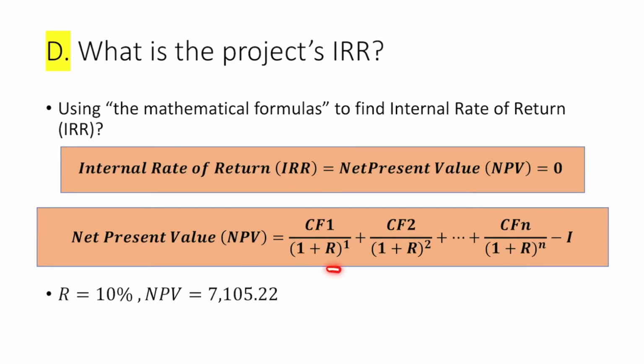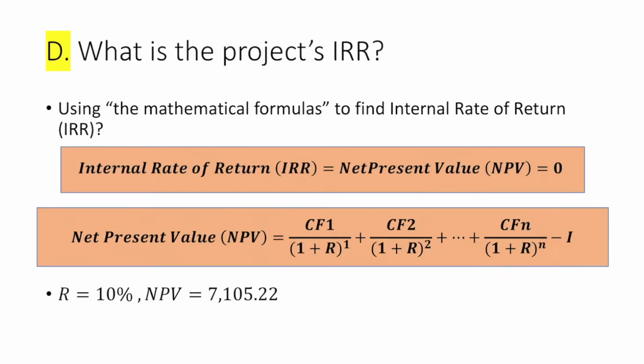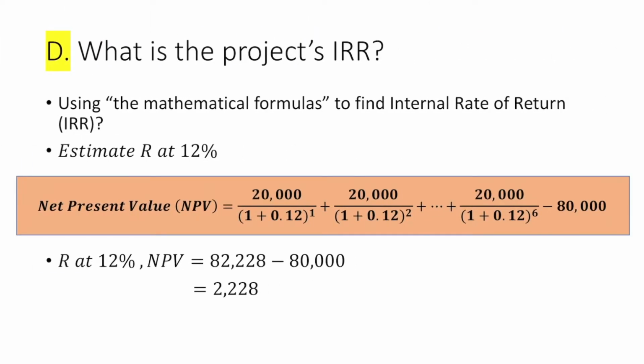Cash flow in the first year divided by 1 plus R to the power of time, that is 1. And do the same process until the last year, which is year 6, then minus I, the initial cash outlay. So from the proposition, we have R at 10% that makes the NPV equal $7,105.22. We have to find what percentage makes the NPV equal 0 by increasing the percentage but still close